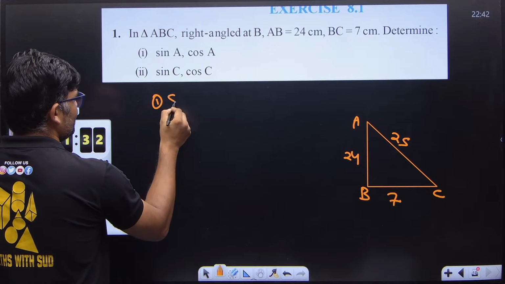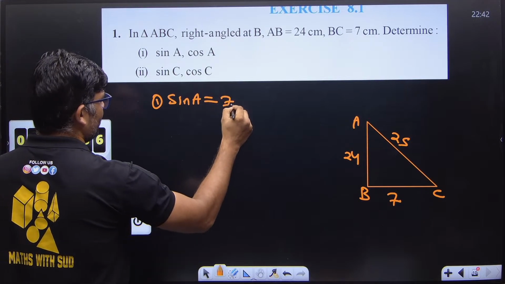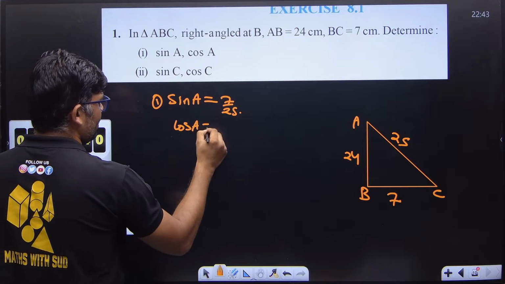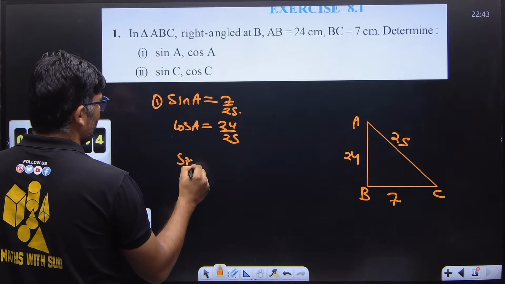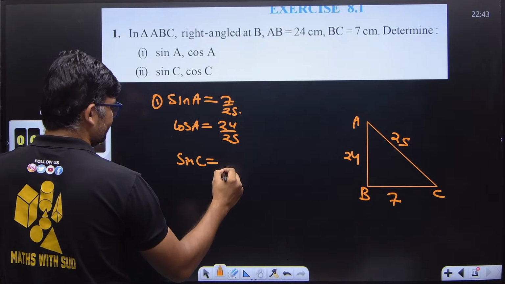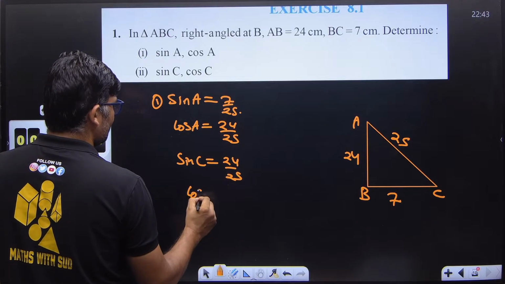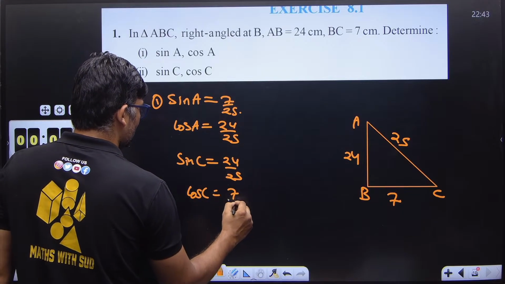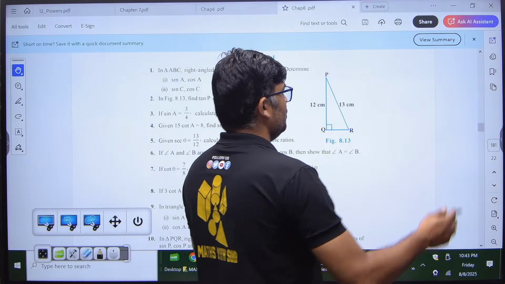So what will be sine A? Can you tell me what will be sine A? 7/25. Yeah. What will be cos A? 24/25. Now can you tell me what will be sine C? 24/25. And what will be cos C? 7/25. Now you are in a good position to do some of the questions from IXL now to check it